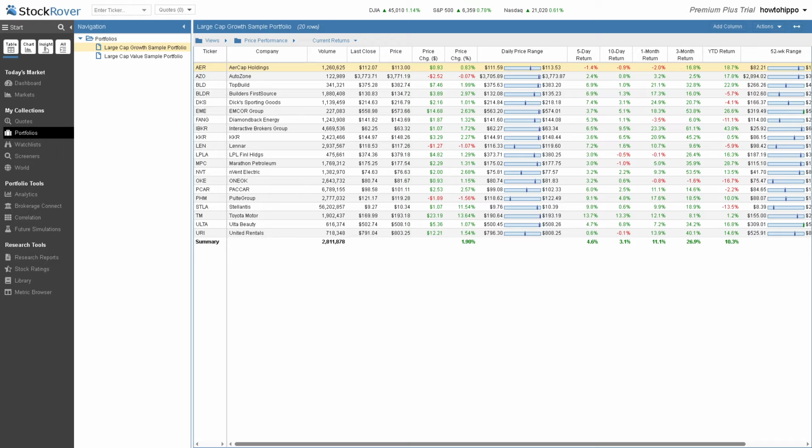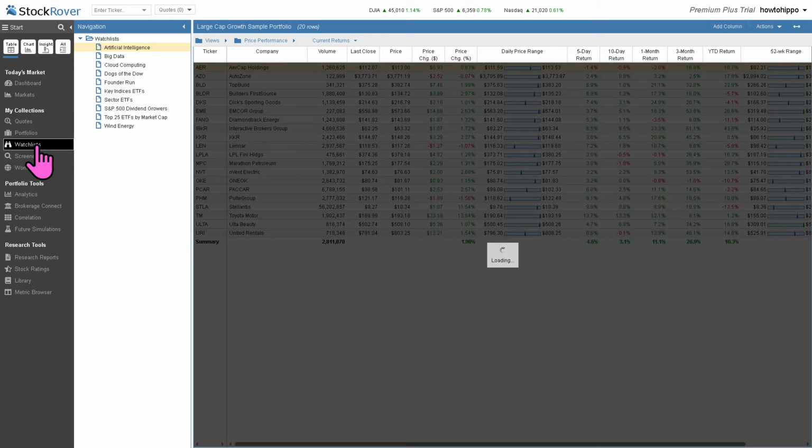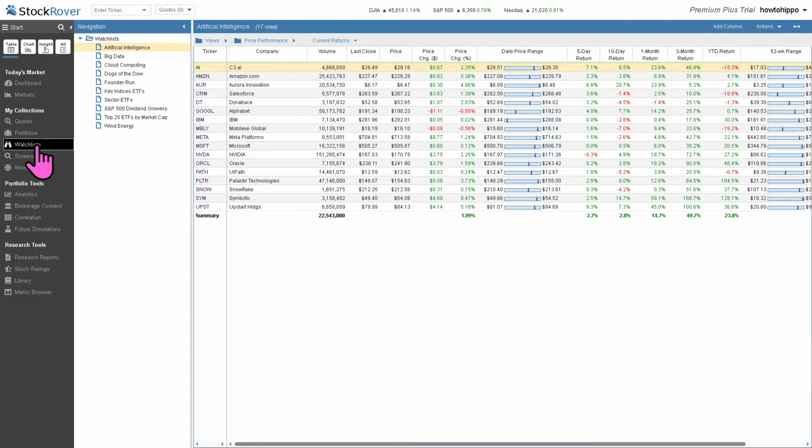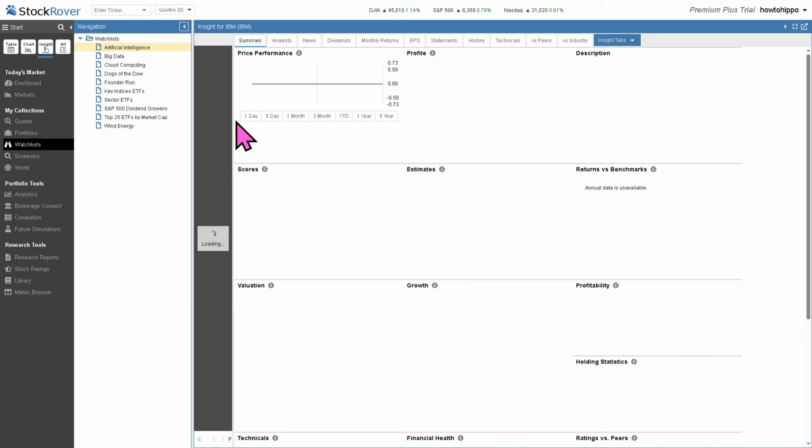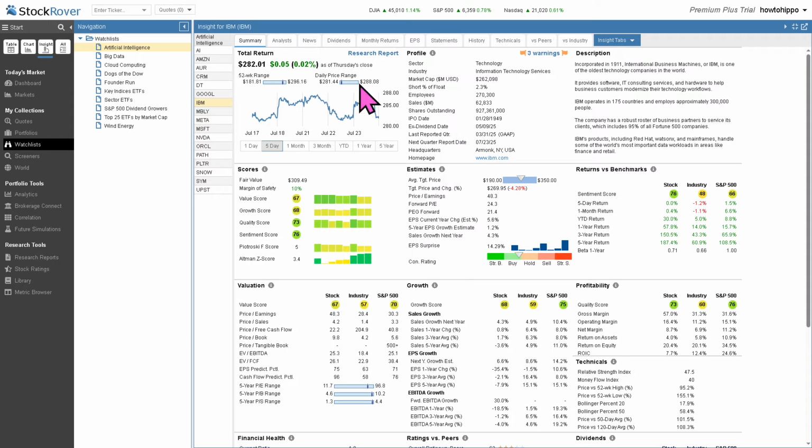All right. Now, the watch lists is where you can monitor, create, and manage potential investment opportunities. These can be customized to the metrics that you care about. For example, valuation for IBM or dividends. Watch lists also integrate with alerts and charts, and you can have all the summary, analysts, news, dividends, monthly returns,